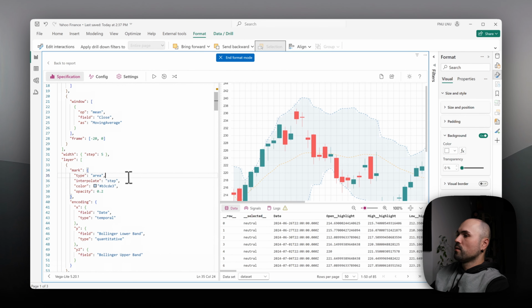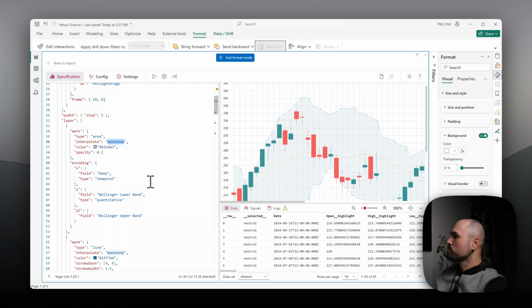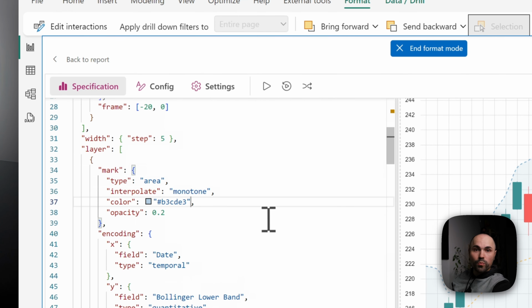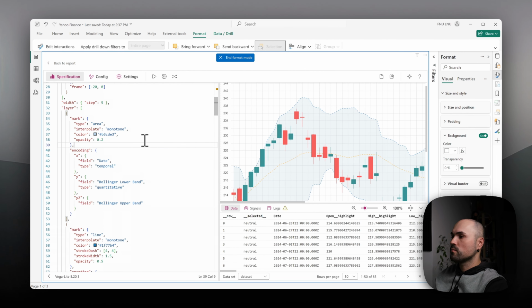However, I don't want that. So I will bring it back to monotone. The color is light blue shade, specified here, and opacity is 20%. Again, to have that